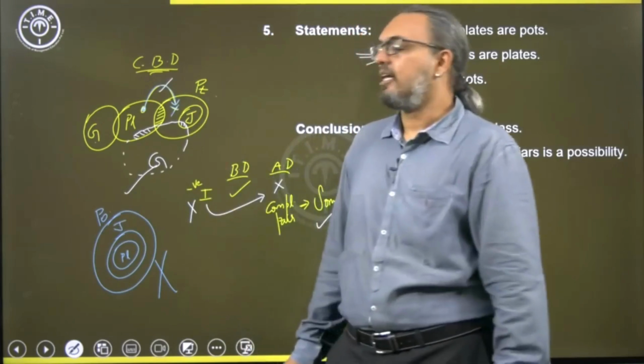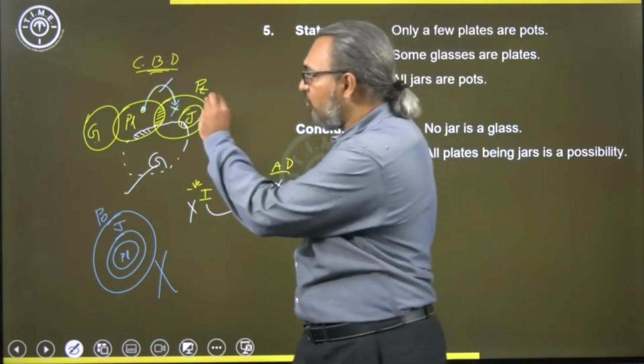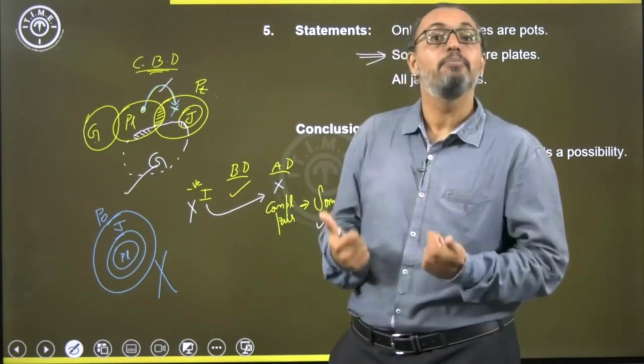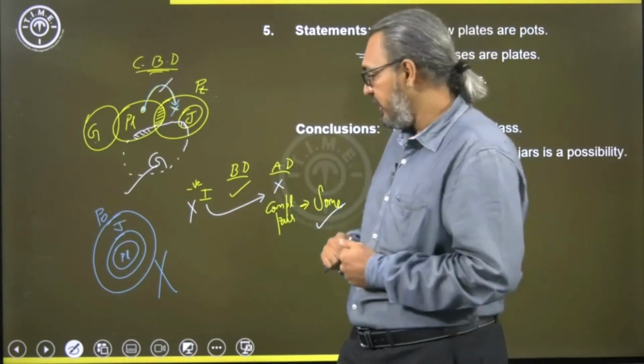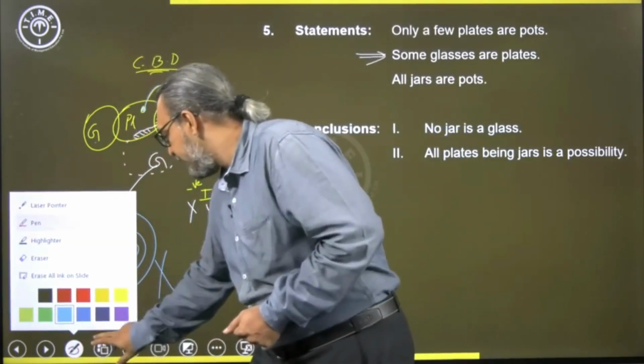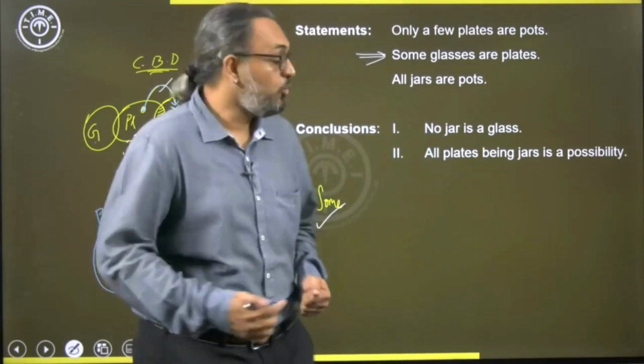Only a few plates are pots. I cannot have the complete plates inside pots. That is not allowing me to do that. So that indication helps always. Understood the point? Okay. So based on this, I can now clearly say that conclusion 2